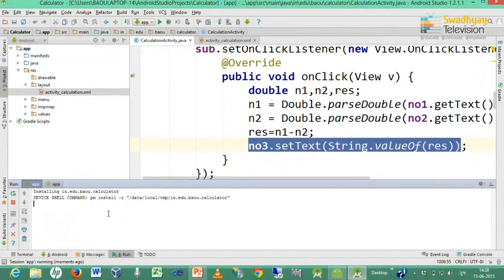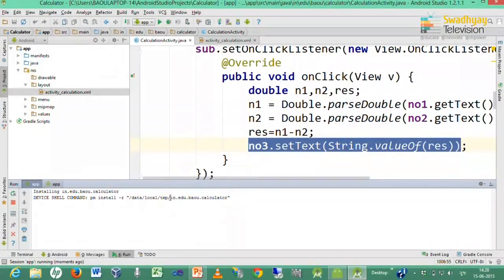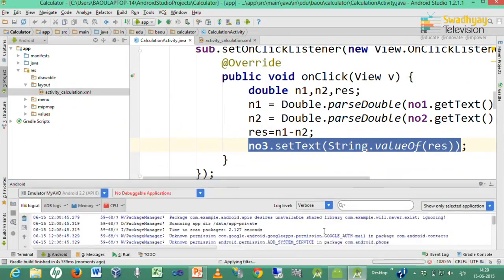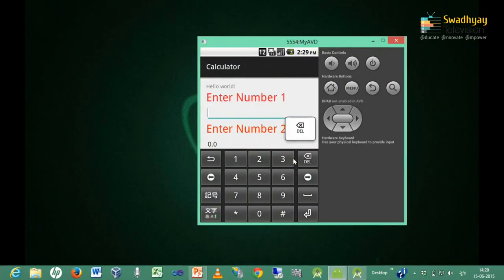You have to watch for any message inside this run window. It takes some time to launch these applications. So, here you can see that this is an updated version.